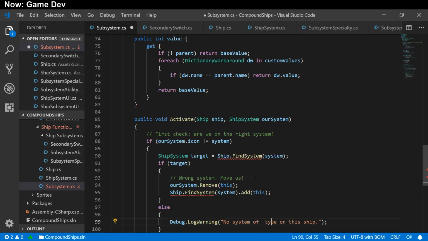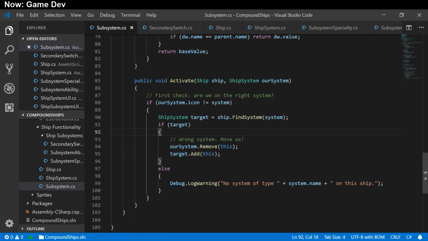No system of type system.name on this ship. Now we've got an underlined set of garbage here because it's capitalized. There we are. All right, so now what we've got is a setup where if we're not in the right place,